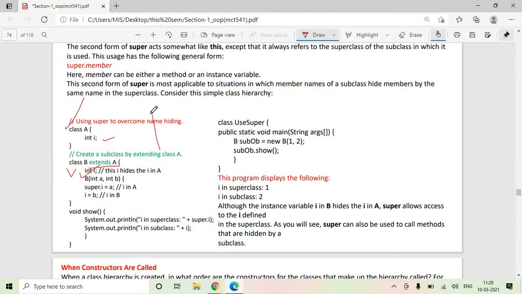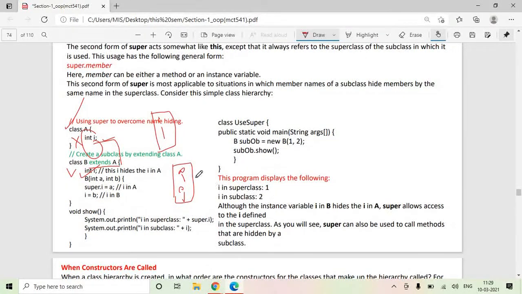So when you create an object of class A, you will have one variable I. When you create an object of class B, class B has variable I. It is not a normal class, it is inherited from class A, and it is not a private variable of class A. So this I will also get inherited. So this will have two different I. So class B has access to two variables and both of them are I.